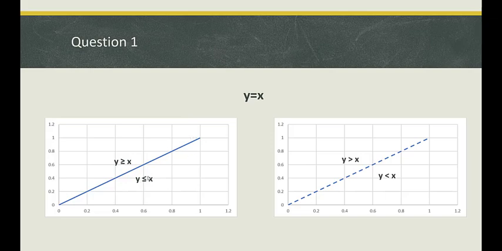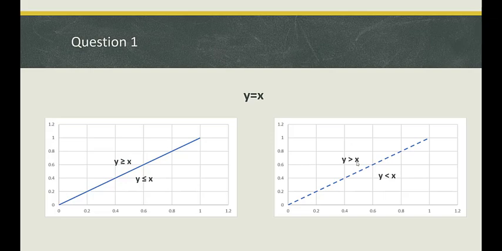When our y is less than or equal to x, our region is the lower region, and when it's greater, it's above the line. So the region we're going to shade is above the line. We're going to draw this region darker, and draw this region darker if our condition is y is smaller than or equal to x. And it's applied the same with the diagram on the right side,